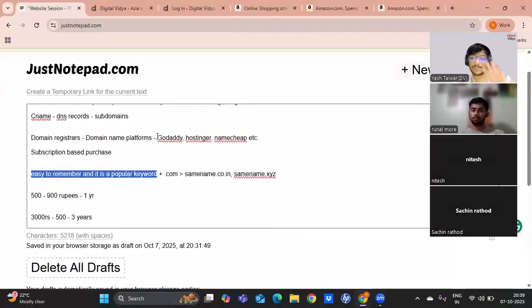So if that is the case for your domain name and you want a generic domain that is .com, then the price for that domain will be very high. It will be very expensive if it falls under this category, right?